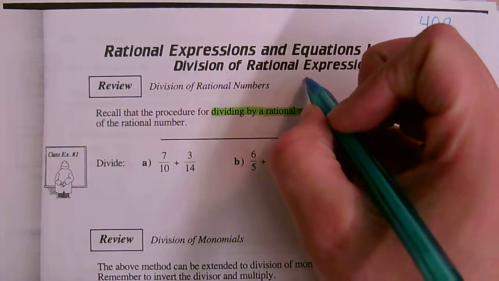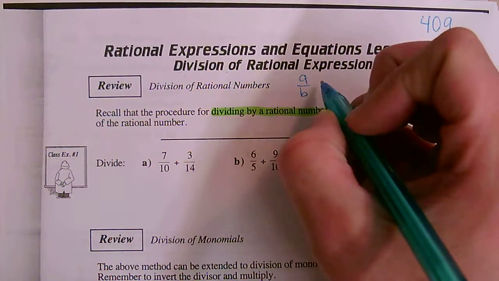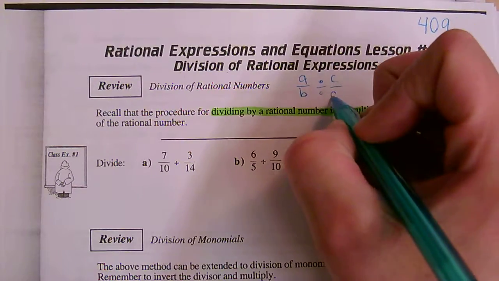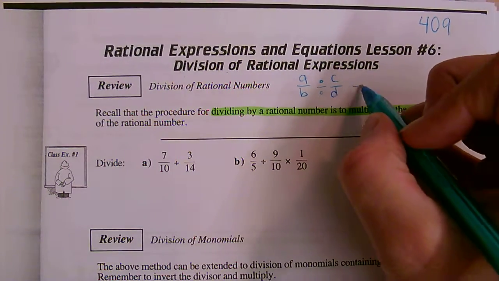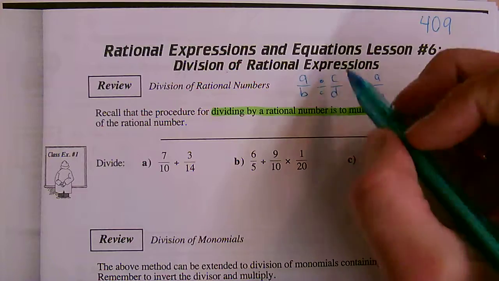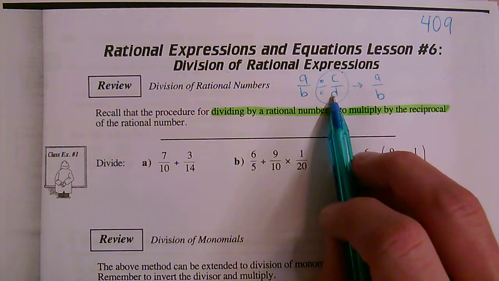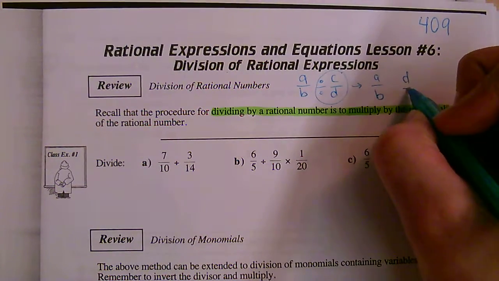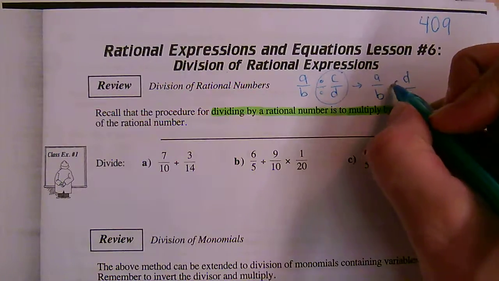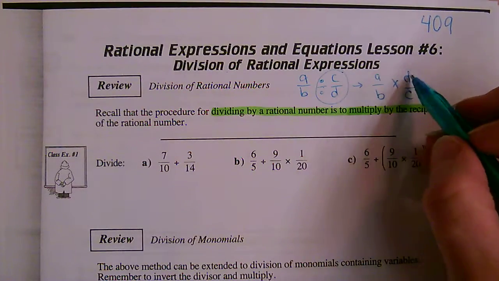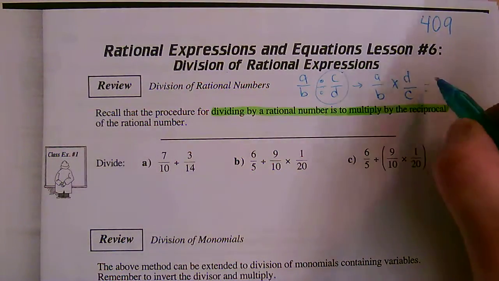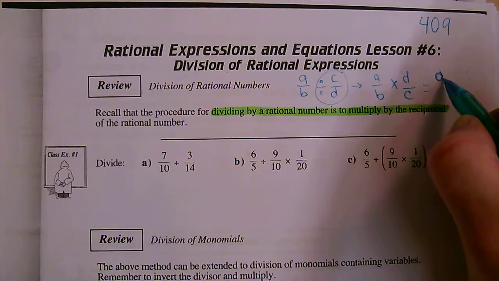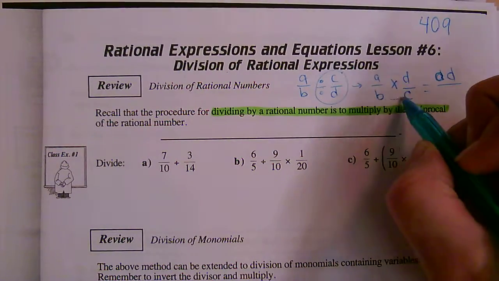So just a quick example here, say if we had a over b divided by c over d, if I multiply by the reciprocal, the first one stays the same. The reciprocal of c over d is d over c, and multiplying. And then we just do the exact same thing that we did before, where we multiply in the numerator, multiply